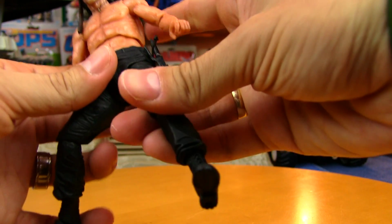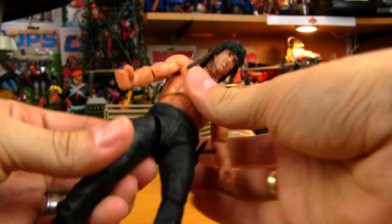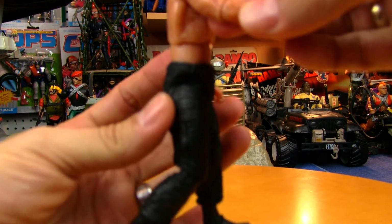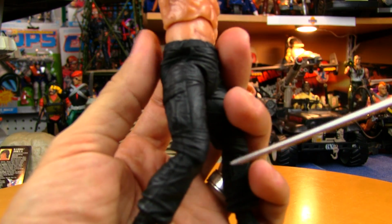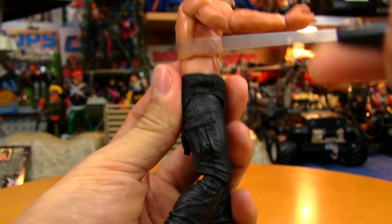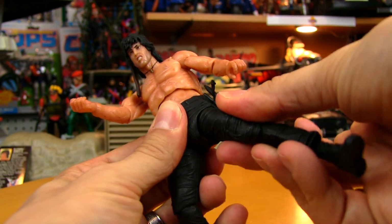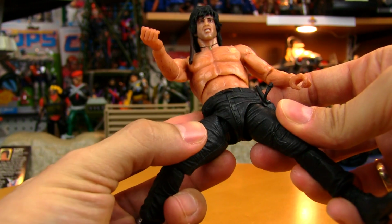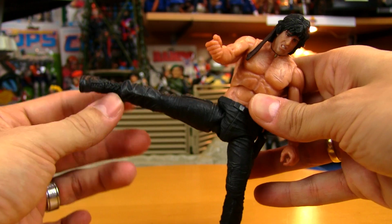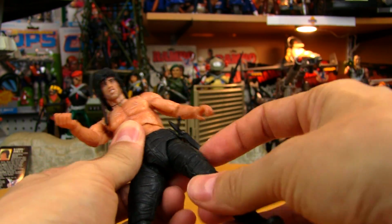The hips, can he do splits? It's kind of weird. This leg, one of the issues with this particular figure that I have is that this rubber material keeps bunching up and tucking in. And I got to use a screwdriver to pull it back out. Doesn't seem to be doing it on the other side though, so for some reason it's... Look at that. I'm not sure why. I can get this leg to go like that on one side, and he's stiff. He's doing it. He's kind of stiff, but